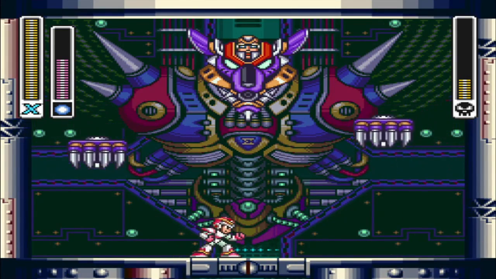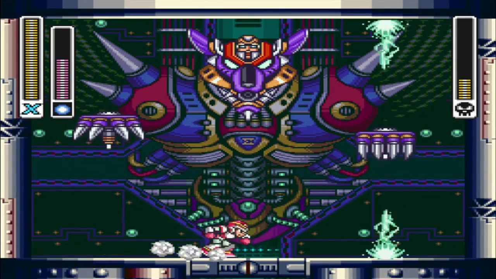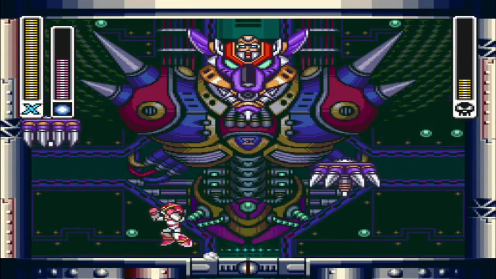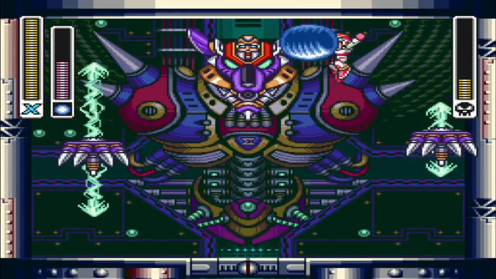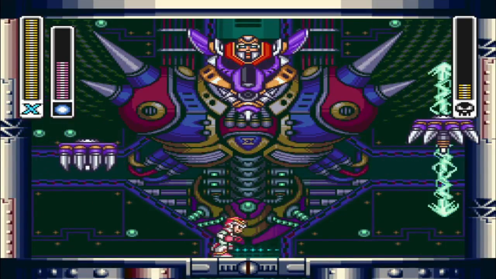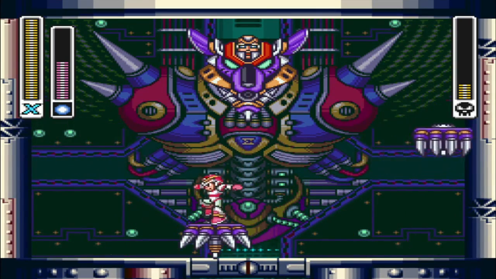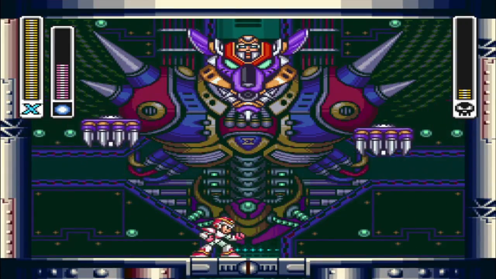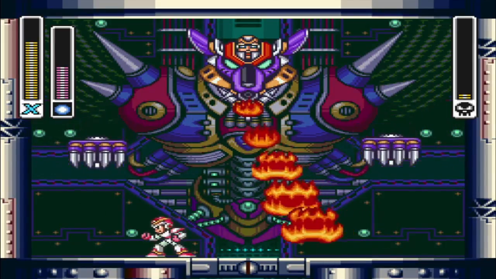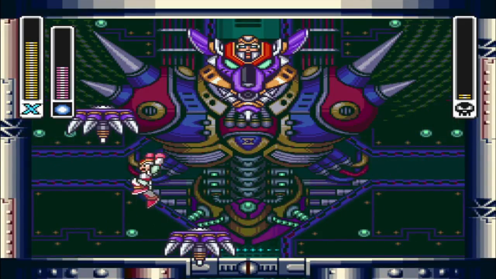Oh, I didn't actually get hit by it that time. He's doing fire a lot more now. I guess he knows that I should get him with this. I guess walking through that is probably the best way to deal with it instead of dashing. And get hit by his big head. Well, this is the last hit, so...